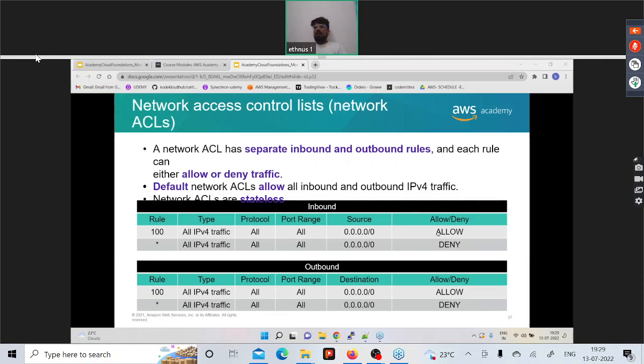If you want to add an allow configuration inside the inbound configuration, you can write it like this. You can also write the deny. But one thing you have to make sure, you should always write deny rules on the top, because these rules are evaluated from top to bottom. For example, if there is a rule written at rule number 1, that will run first. Then rule number 2 will run, followed by rule number 3, rule number 4. So you have to make sure whatever you are trying to deny, you should add it at the